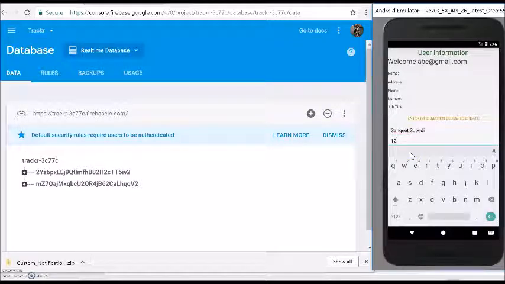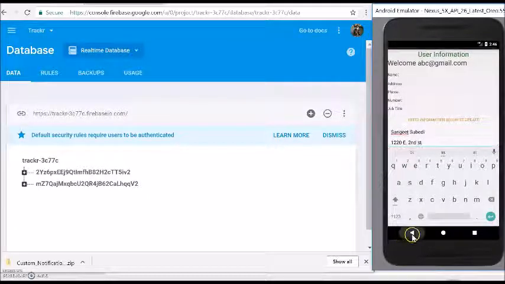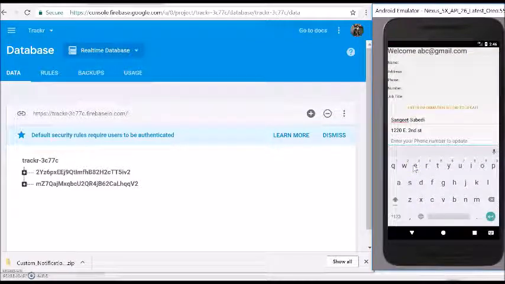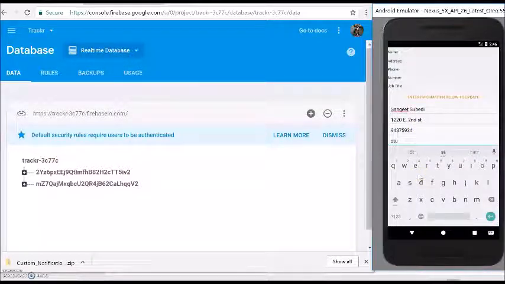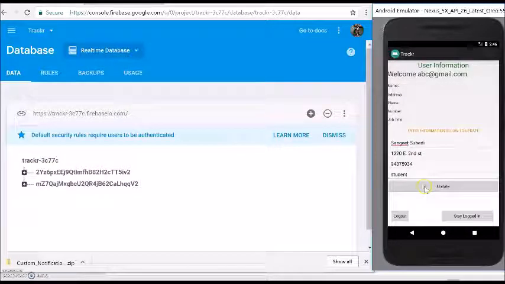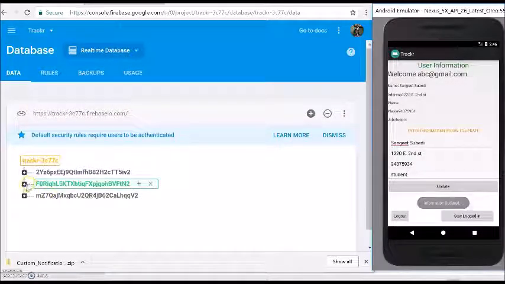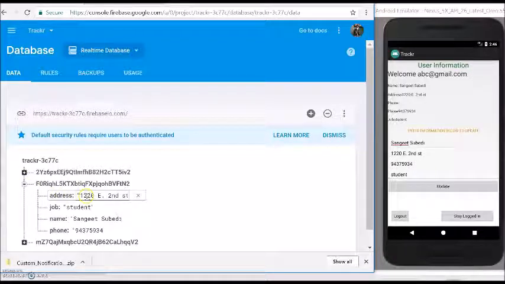And blah blah blah, and then the phone number, you can put any number in there, and the job title would be student. So if we update, the new ID is generated right here, and then the address that we did was 1920 East 2nd Street. Just to verify, I just made a new text view in here. So 1920 2nd Street is the one that we provided. Job property is student, name property is Sangeet Subedi, and then the phone number is the phone number that we